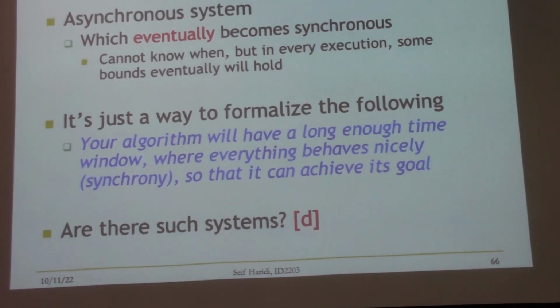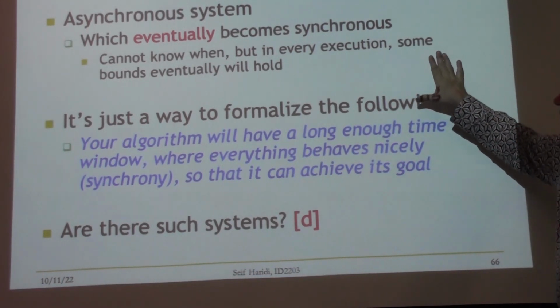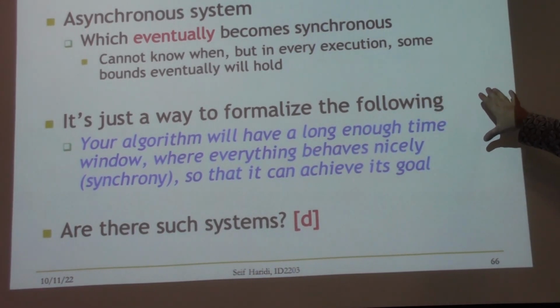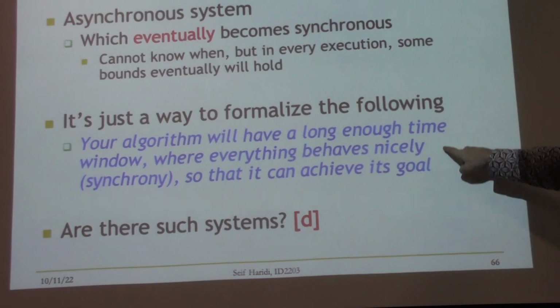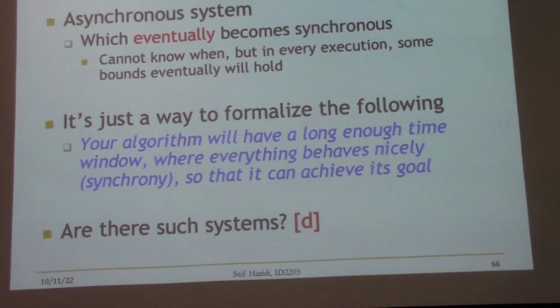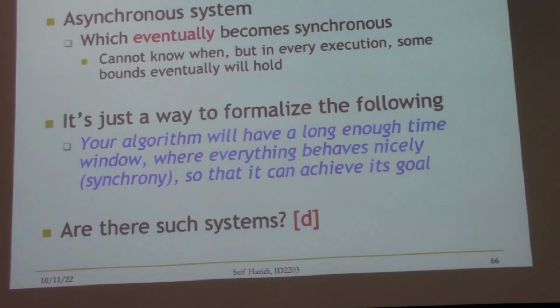All you know is that it will happen in finite time. And you also don't know what the bounds are. All you know is that they will exist. It's a very interesting combination of knowing and not knowing. A very interesting exercise in vagueness, right? But in fact, it's a very good definition for several reasons. First of all, here in blue is kind of an intuition. When I run an algorithm,